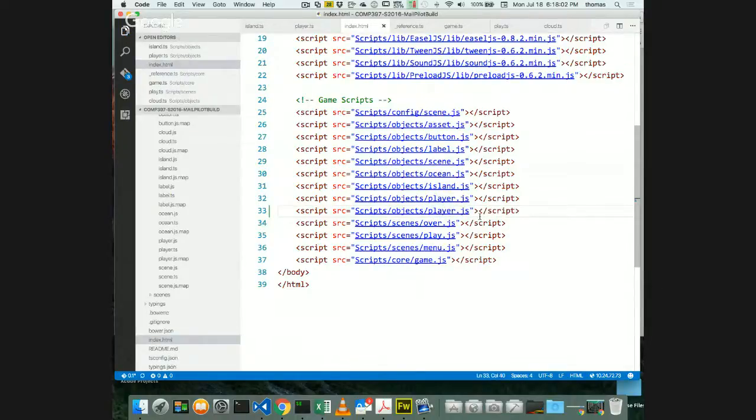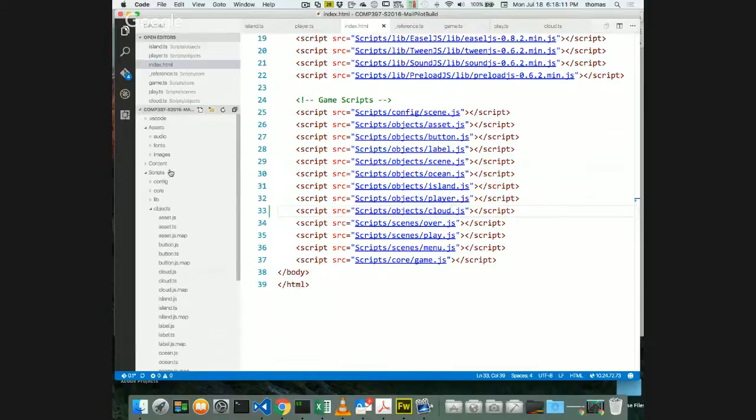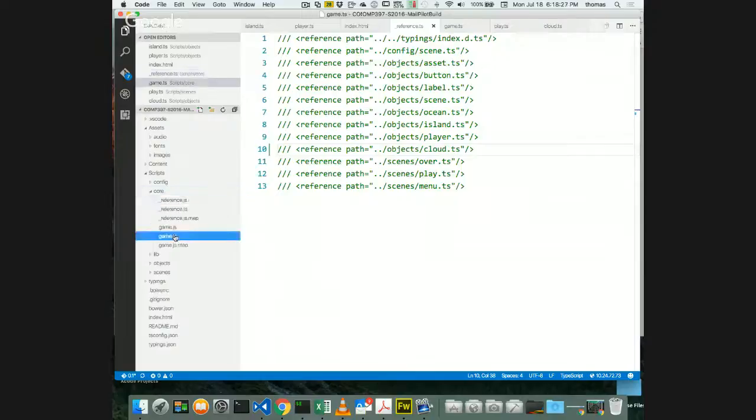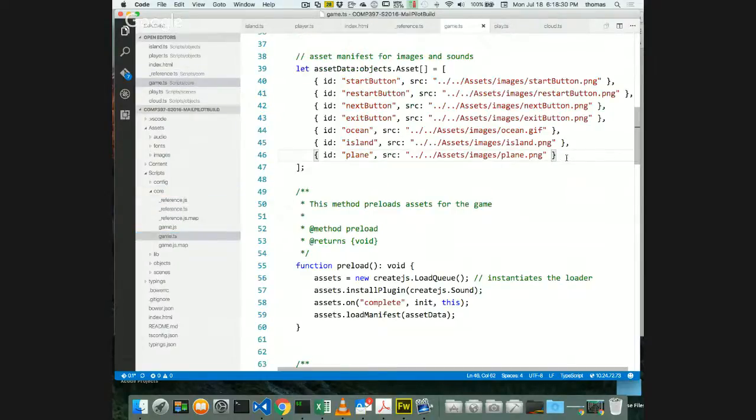So player. So then, cloud, that'll be okay. Player. And then I want to go into our core in my reference. And then I want to do the same thing. I want to add in a reference to this, where I go cloud. And then I want to go into my game itself, and we need another object, another asset for the cloud. Because